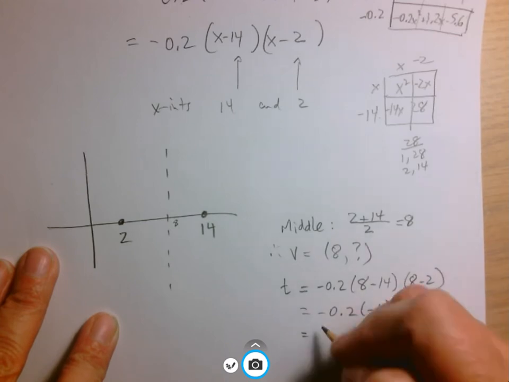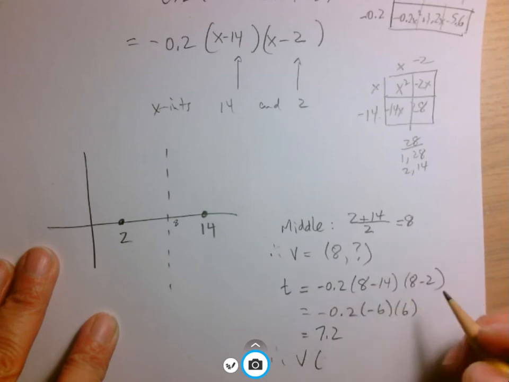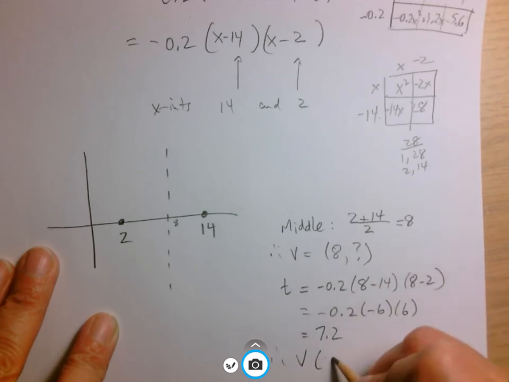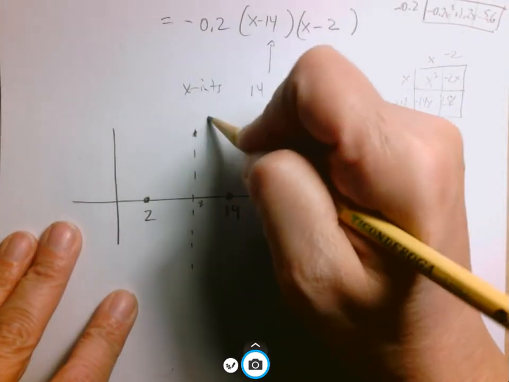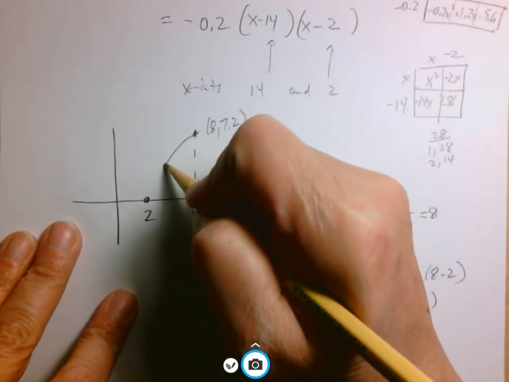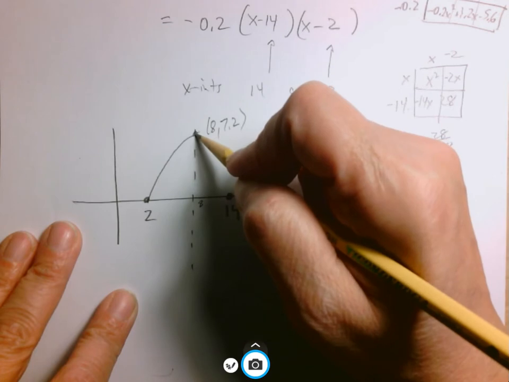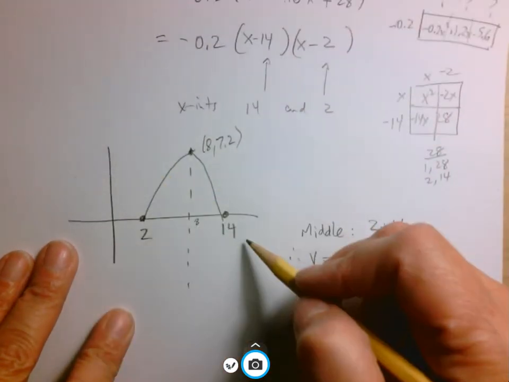And I get 7.2. Therefore, the vertex is 8, 7.2. So I'm going to put my vertex up here. This is 8, 7.2, and I'm going to connect the dots. Okay, and I'm actually going to stop there because our axes were